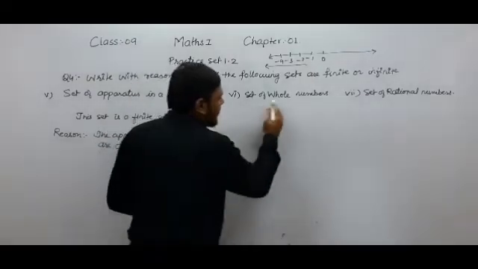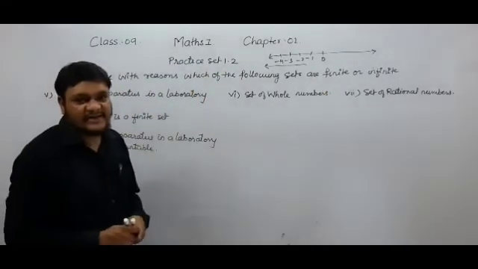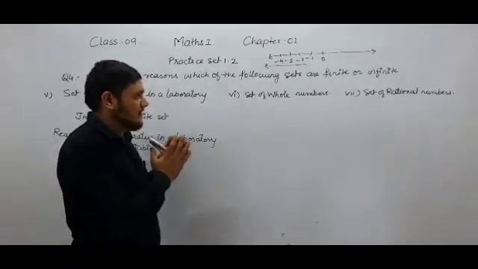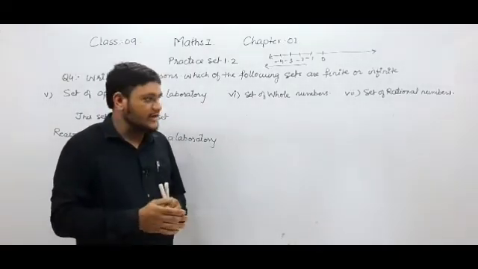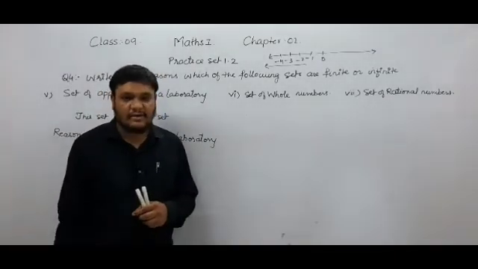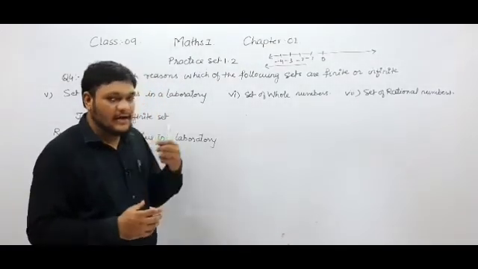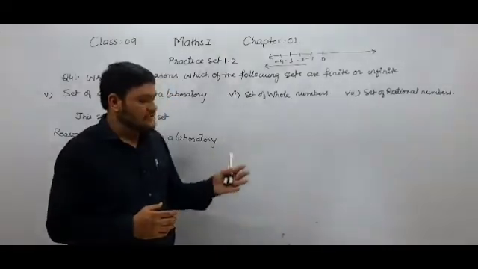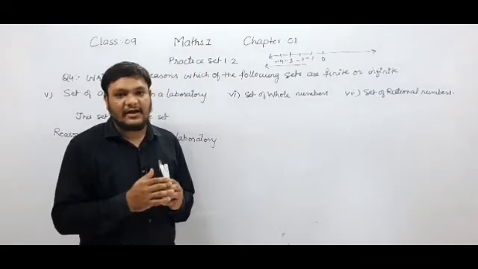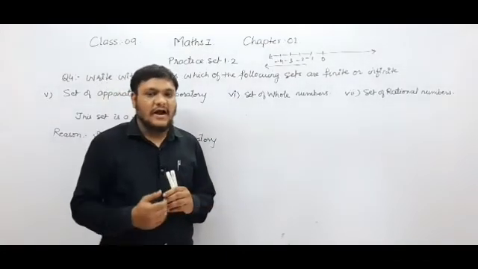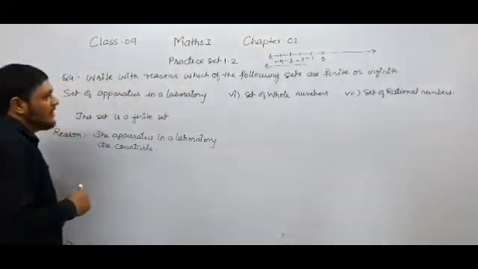So student, now the set of whole numbers, and next one is set of rational numbers. So student, you know that in the previous lecture we have studied this type of sets are infinite sets. Why? Because the set of natural numbers, the set of whole numbers, set of integers, set of rational numbers, set of irrational numbers, and set of real numbers. These are sets which contain elements that are unlimited. We can't stop the elements anywhere, or we can't terminate the elements of these sets. That is why this type of set is called an infinite set.